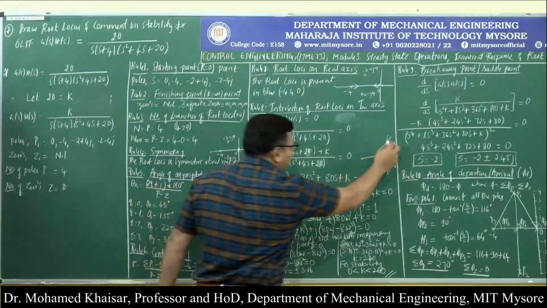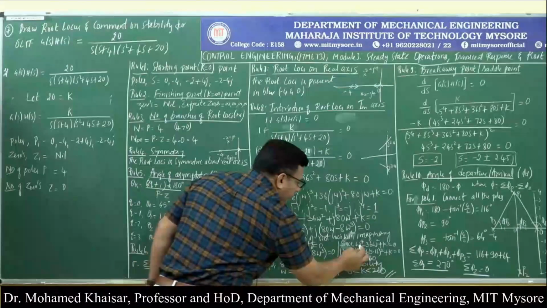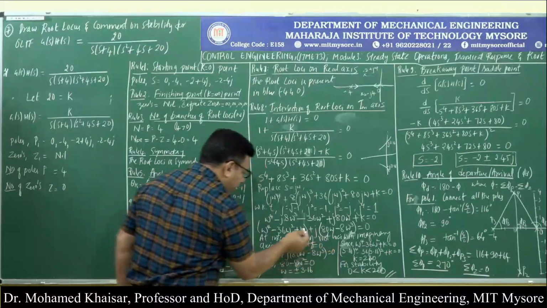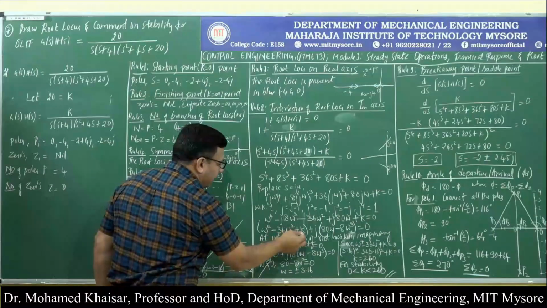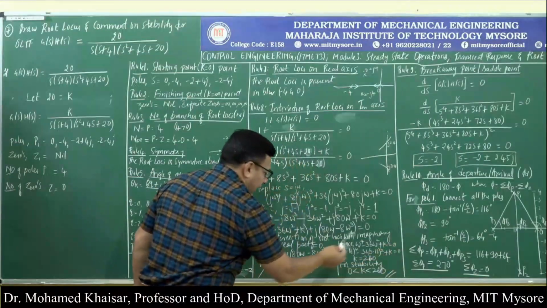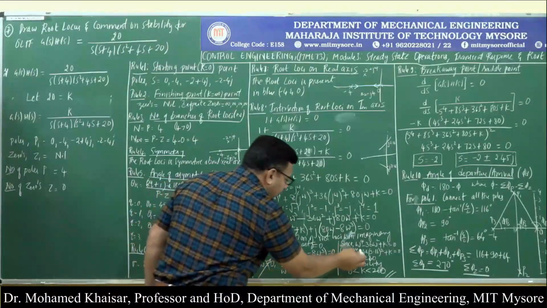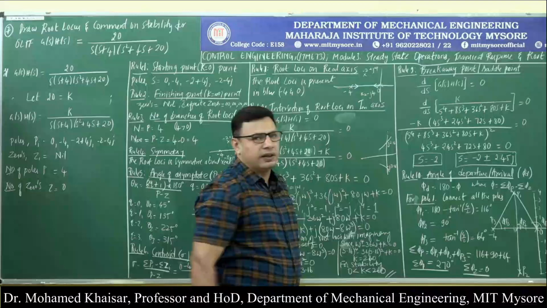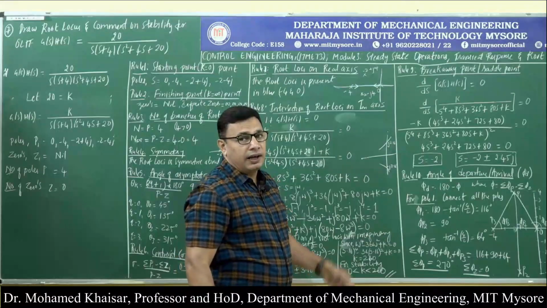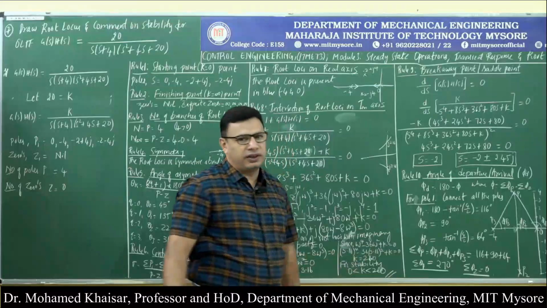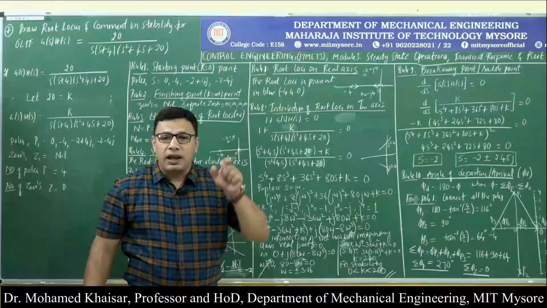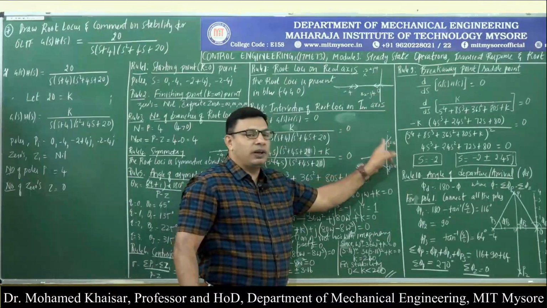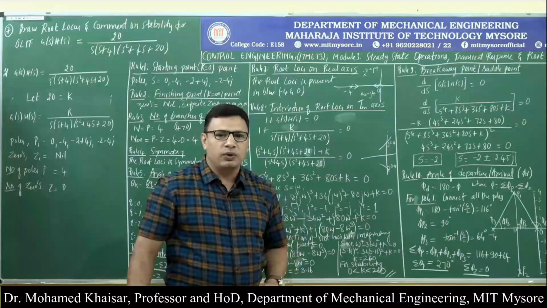Then at this point, what will be the value of k? We know that the real part is equal to 0 at the intersection of root loci with the imaginary axis. So the real part is omega raised to 4 minus 36 omega squared plus k, and that is equal to 0. Now we know the omega value 3.16. Substitute there, and you will get the value of k equal to 260. That means at the intersection of root loci with the imaginary axis, omega is 3.16 and the value of k is 260. The gain at which the root locus will intersect the imaginary axis is nothing but 260.